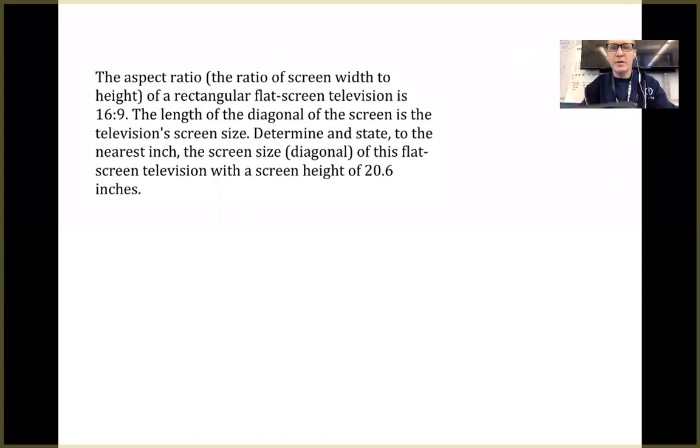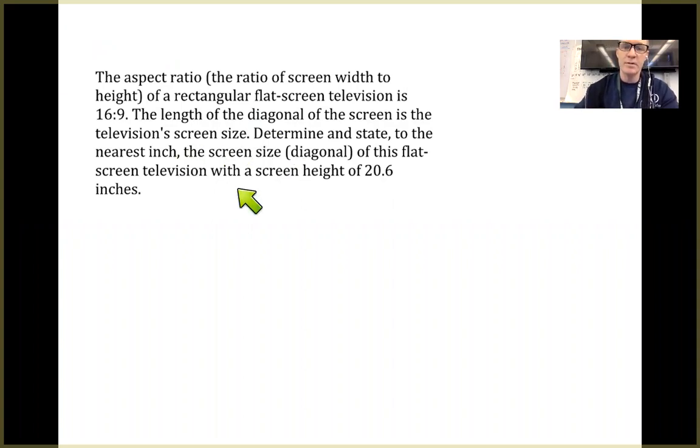Here's another geometry problem. The aspect ratio of the screen width to the height of a rectangular flat screen television is 16:9. The length of the diagonal of the screen is the television's screen size. Determine and state to the nearest inch the screen size, the diagonal of this flat screen television with a screen